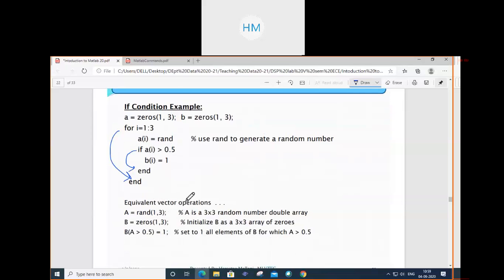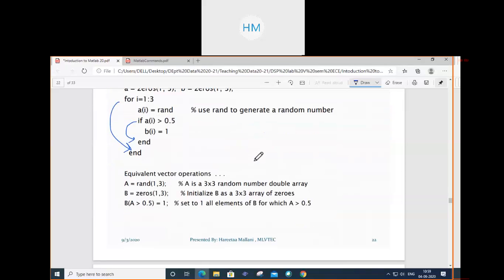Equivalent vector operations. a is equal to rand(3,3), a 3 cross 3 random number double array. What does it give you? A random number 3 cross 3 matrix will be generated. b is equal to zeros, a zeros 3 cross 3 array will be generated.